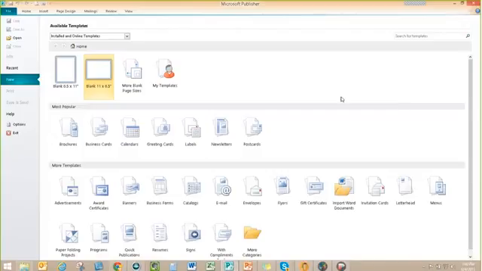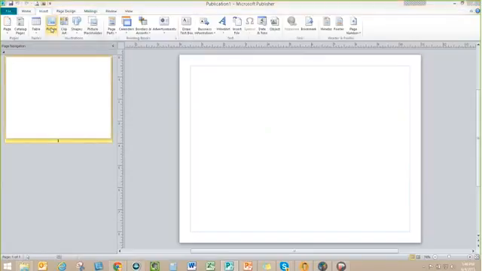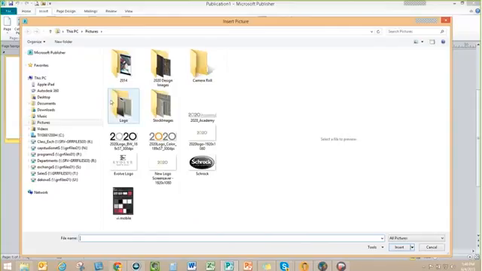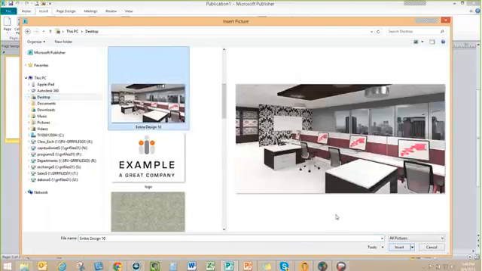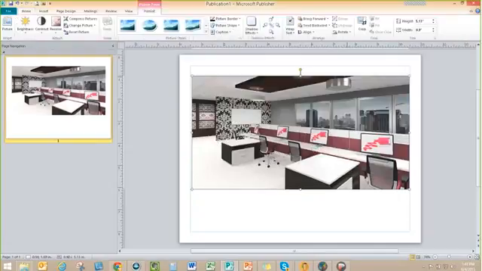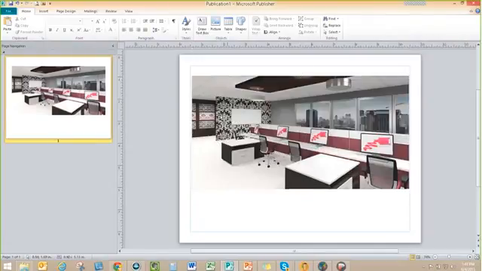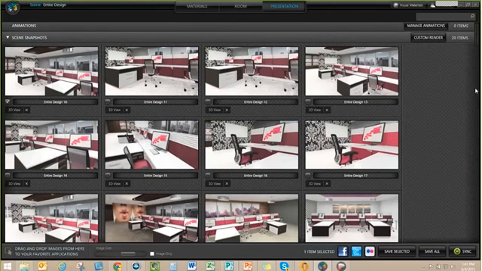The Publisher tool will ask us what size we want it, so pick a size that works for you. And then I can either insert the image that I just saved. I'll show you a couple different ways to reuse this. Where was that cool image? Here he was. Okay, so there's the image. What else would you do with that? Maybe you've got a couple other images that you want to complement here. Maybe a couple of the finishes down at the bottom or some of these really unique things I had on the back wall. Well, I could go back into Visual Impression and save all of these images that I've used,